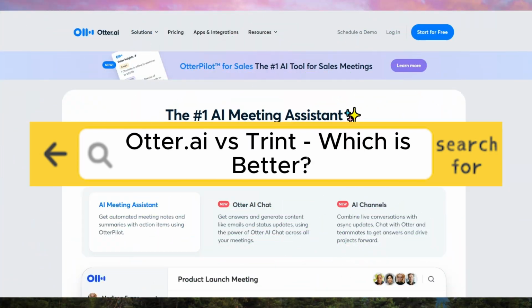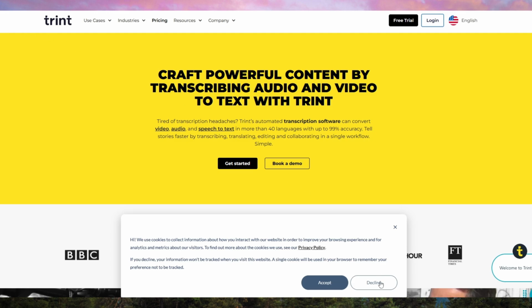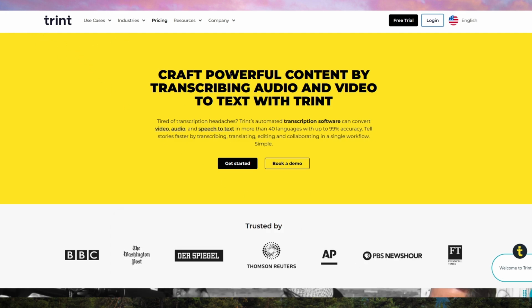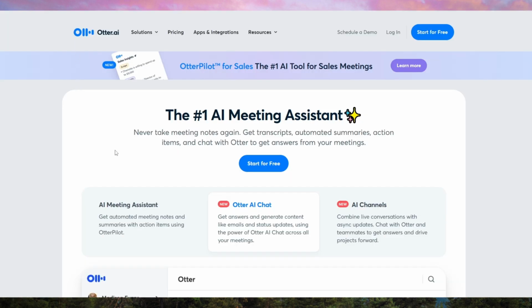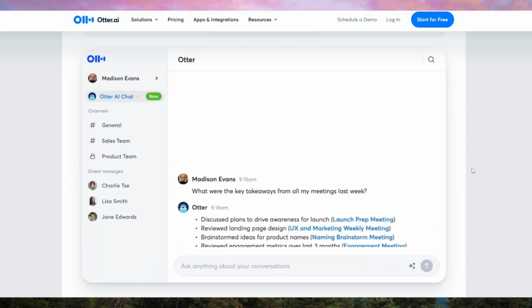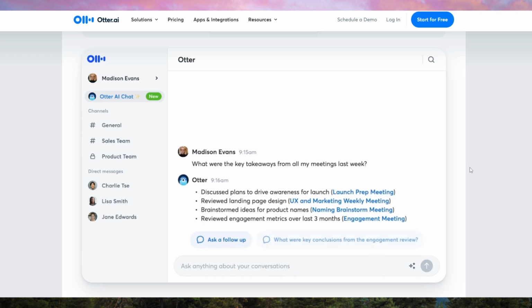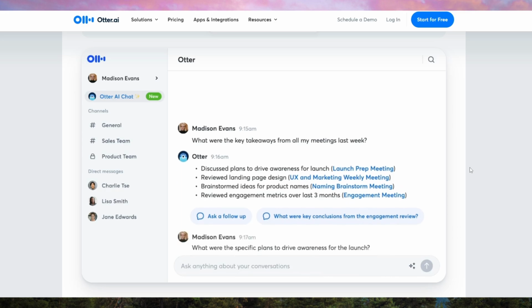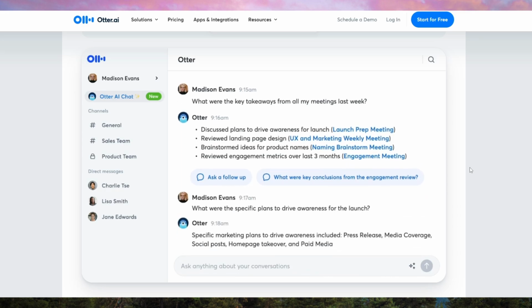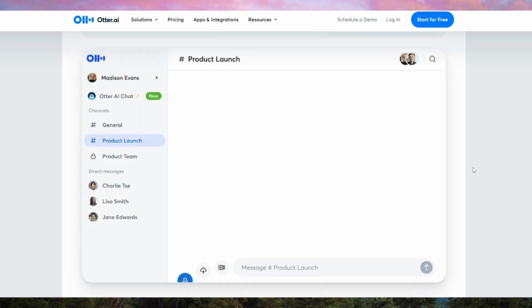Otter.ai versus Trint, which is better? In this video, we're comparing two of the most popular transcription services, Otter.ai and Trint, helping you decide which is better for your needs. Both platforms offer robust transcription features, but they target slightly different audiences and use cases. Let's break down the key differences in terms of features, pricing, accuracy, and usability so you can make an informed